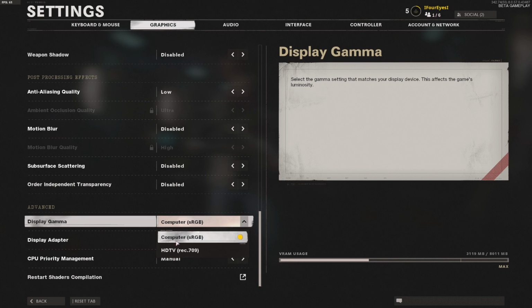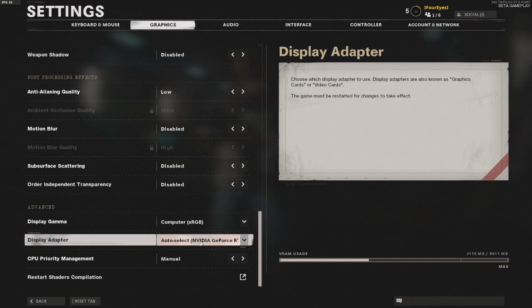Display gamma, just leave it on computer unless you're playing on a TV, in which case you turn it to this, but most of us are on PCs, so keep it as sRGB. Display adapter, ensure here that you've got, it should auto-select your GPU, so I've got my RTX 2070 selected, but if for some reason it's defaulted to something else as the auto-select, make sure you've got your actual dedicated graphics